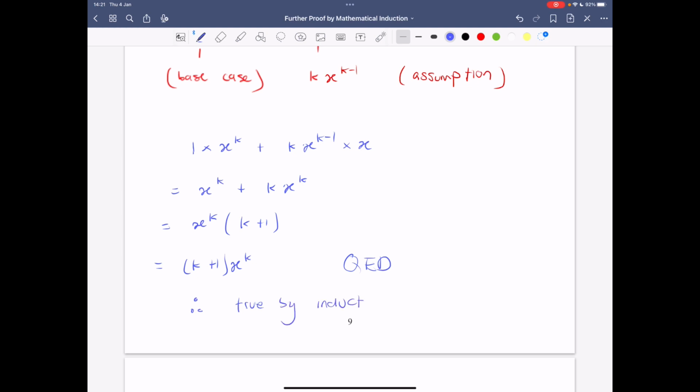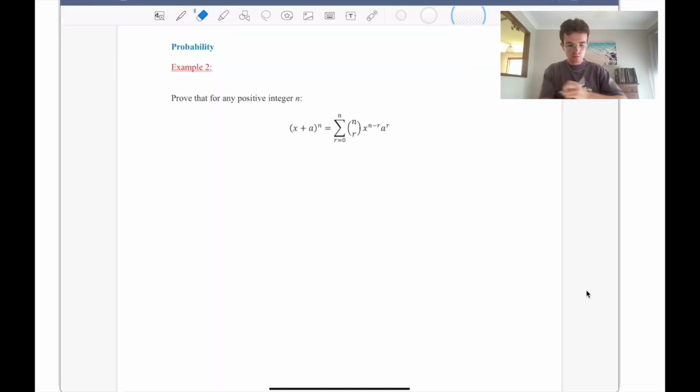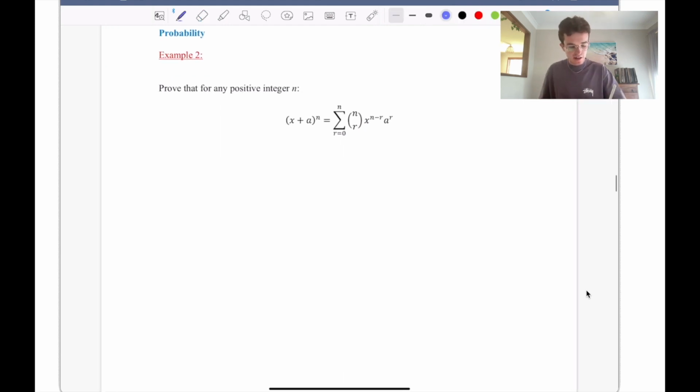All right, let's go on to the next one. Okay, now we're going to have a look at a probability example. Now again, just because I'm a bit sick of writing, I'm just going to start with the n is equal to k term. So we're going to assume